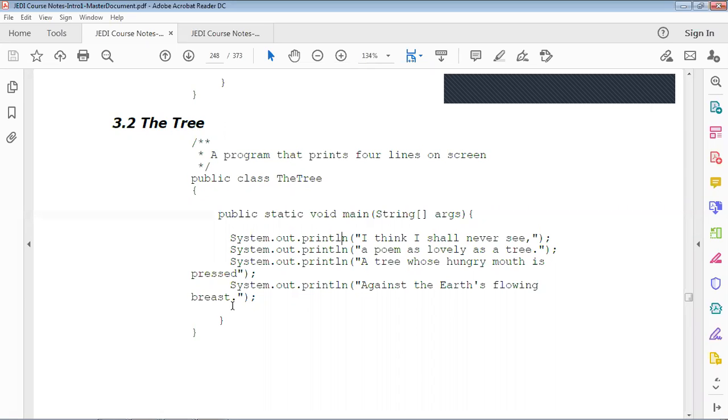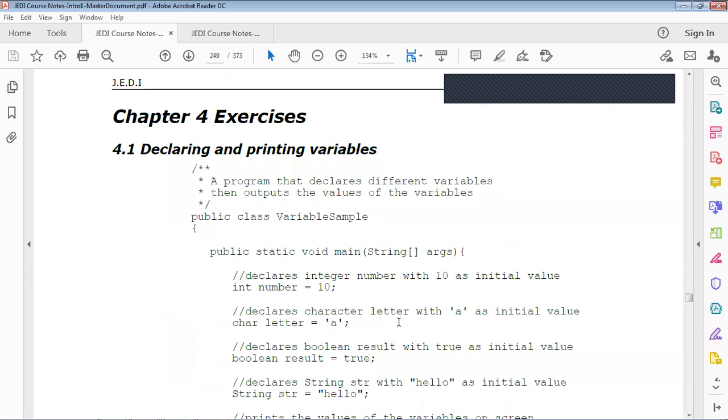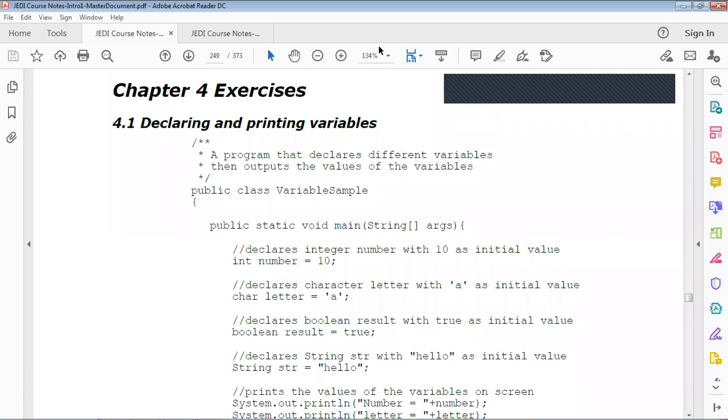So it goes straight on, new line, new line, new line. 4 statements. Next, another example is declaring and printing variables.